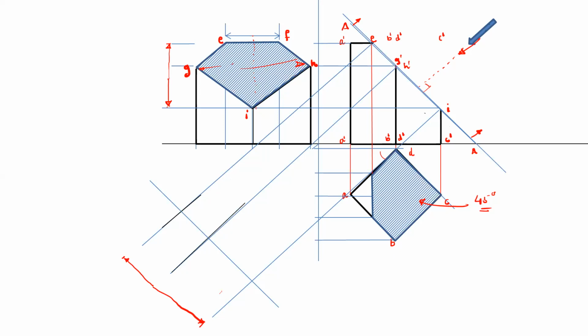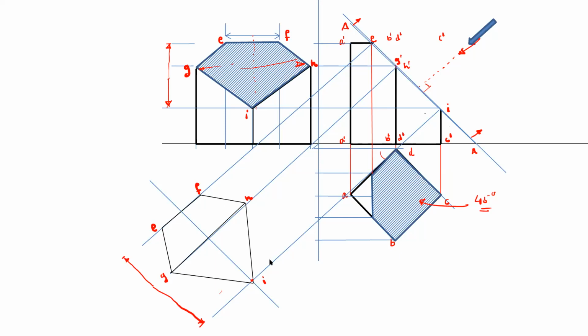So this is your point E, point F, this is G, this is H, and this is the point I. Now just connect these points by straight lines, EG and FH